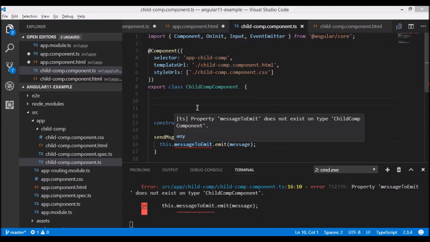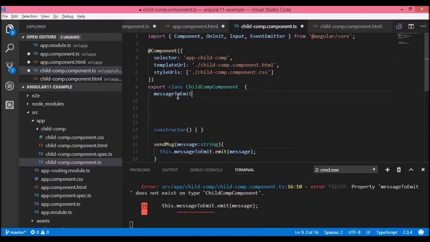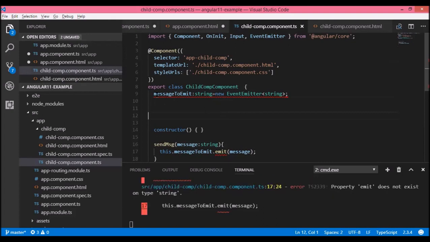Now this message to emit means I want to emit the message. So I'll write. Now I cannot write it like this. Using output, I can emit the event. So I'll write.